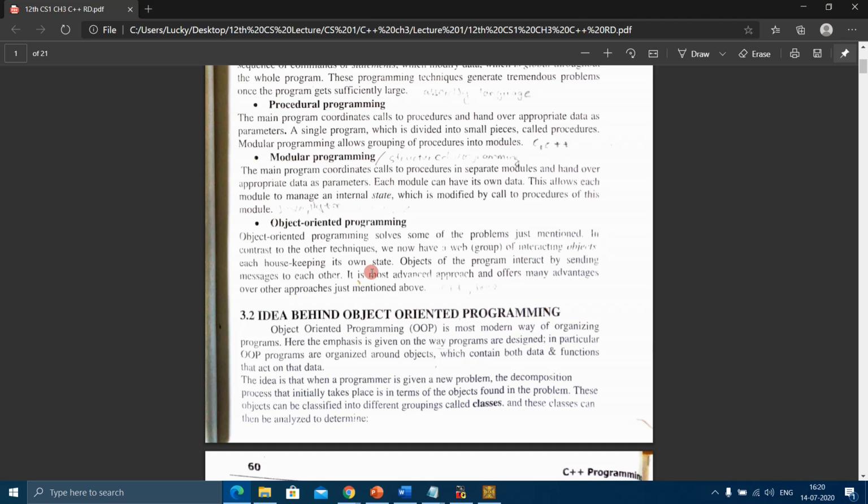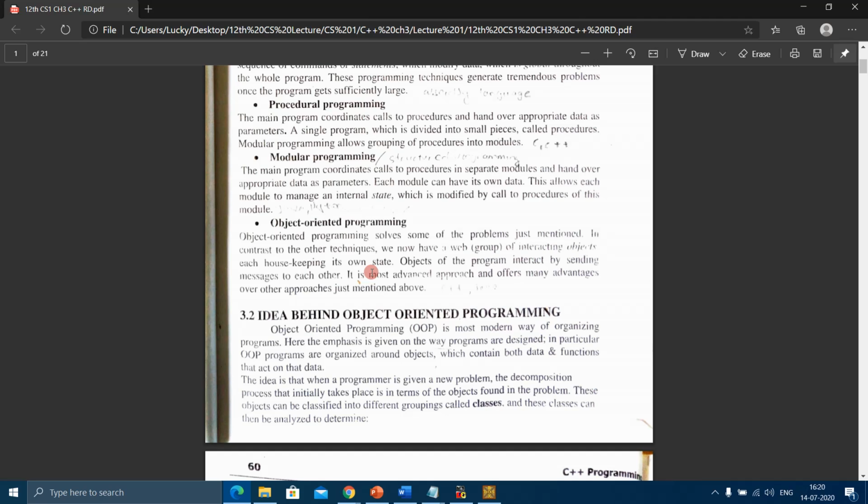If you relate it with programming, the objects are related to a class, and these objects maintain their internal state.